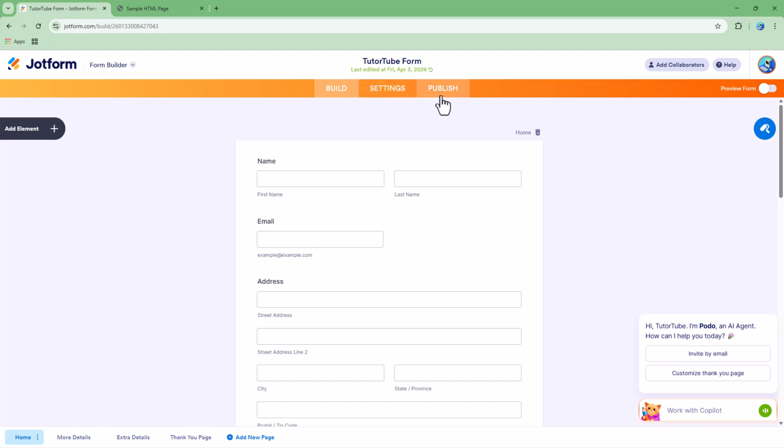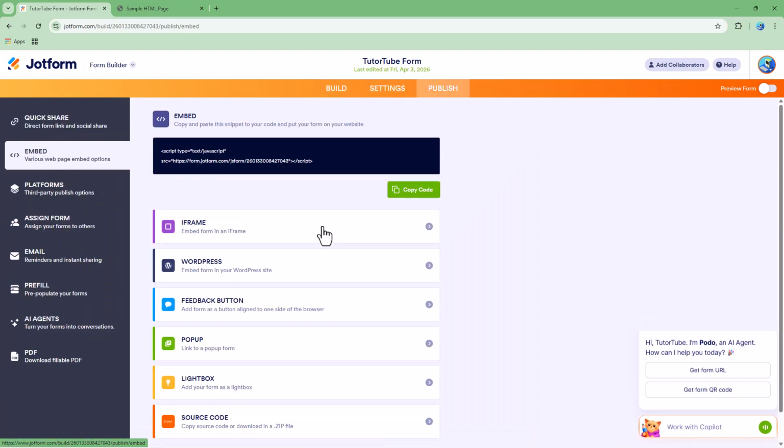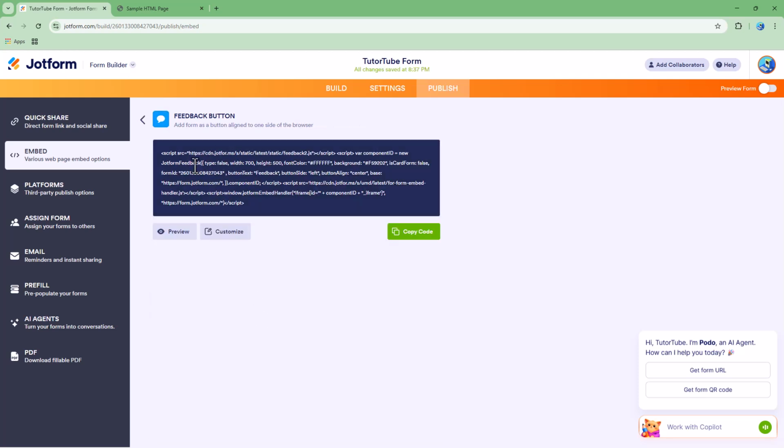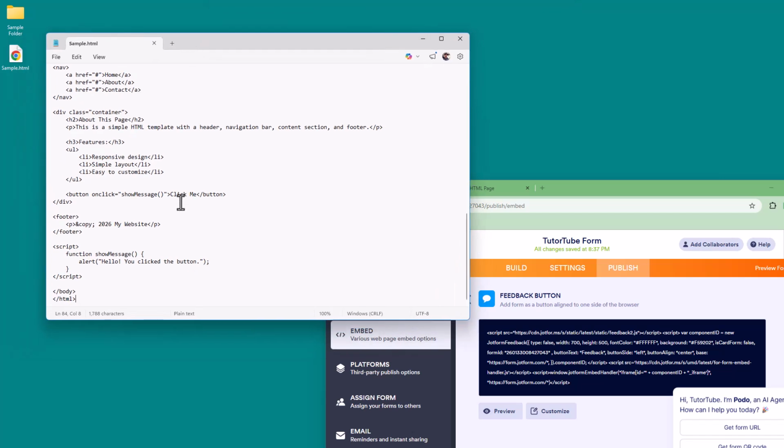To do that, you can simply go to Publish, and then go to the embed section, and here you can see that feedback button is an option. Go ahead and click, and then you get this script right here. Let's copy it, and then I'm going to access the code of this page